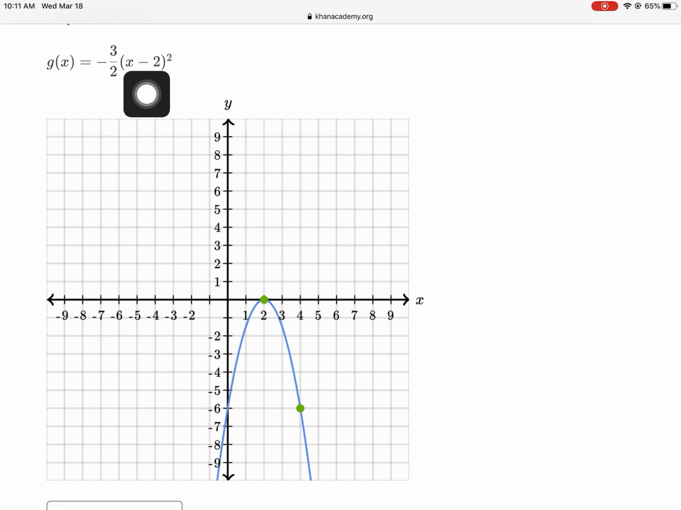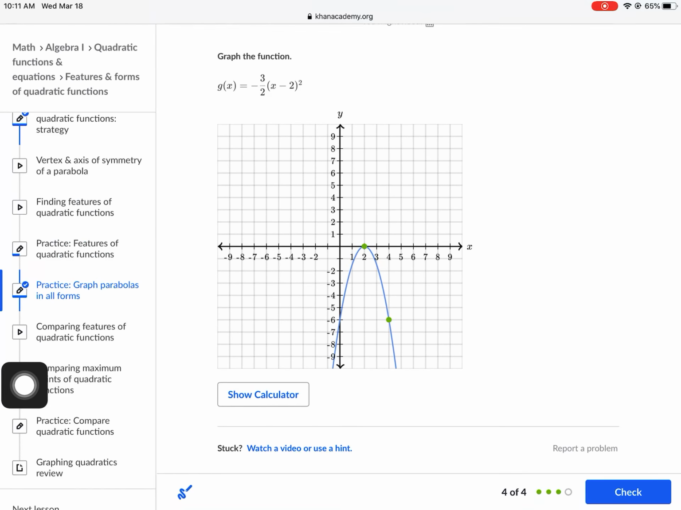You could have gone 2 to the left and plugged in 0. Think about that. (-2) squared is also 4 times. It would also get you -6, which is the same thing. Notice that you plug in 0, you get -6. There is symmetry there, and that should be